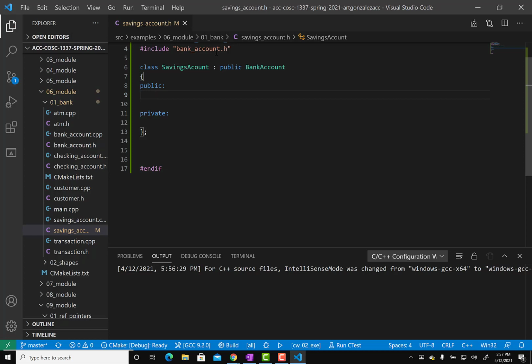Okay, so what do we just do? We said I want a new class that inherits from bank account. Public means keep the public access public. So whatever bank account has public, keep it public too over here, okay? And there's protected and private, but in this class, since it's an introductory course, we don't deal with those. We just deal with public inheritance. Okay, so then let's go to main.cpp,